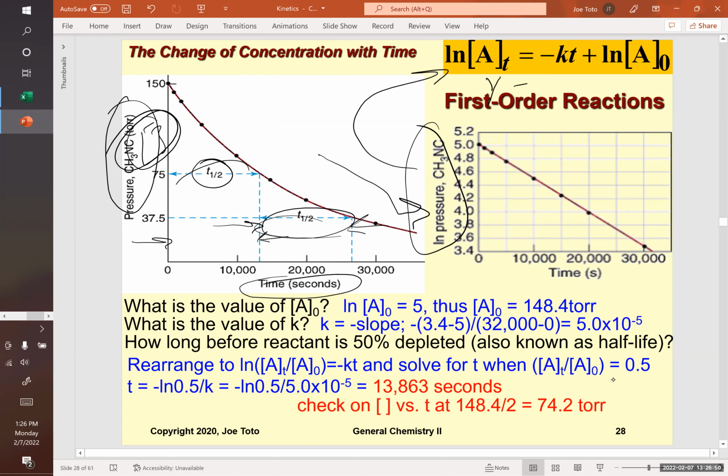So this is the y, mx plus b. And once I convert that data from concentration to the log. It says pressure of that. Is that just the same as concentration in this case? Yes. Okay. Yeah, so we're using that pressure